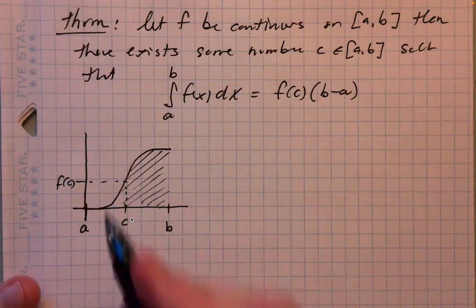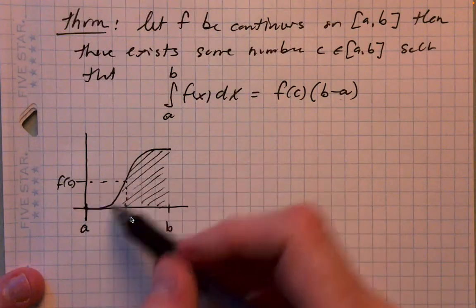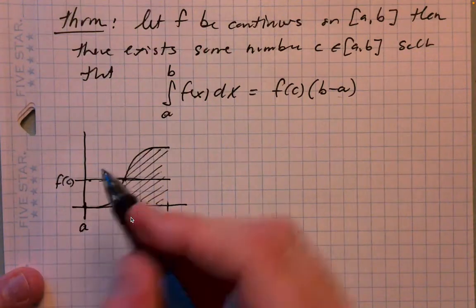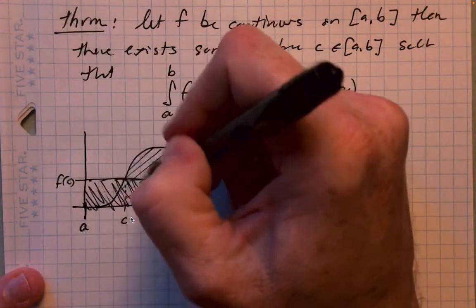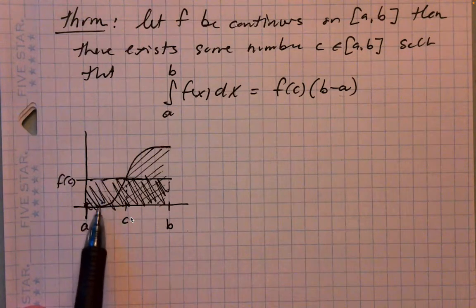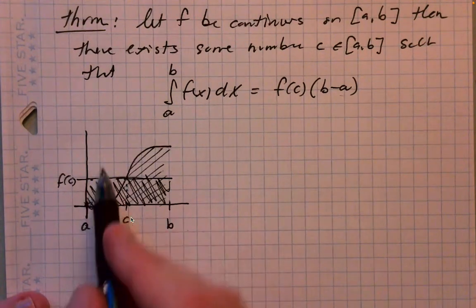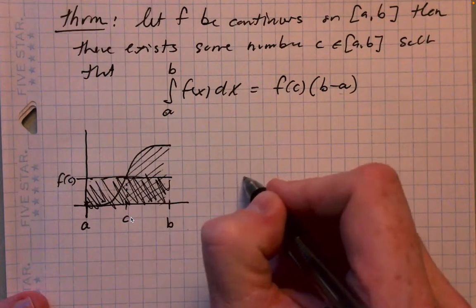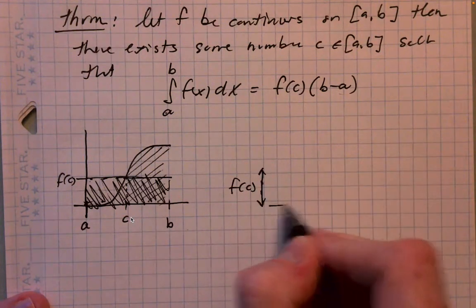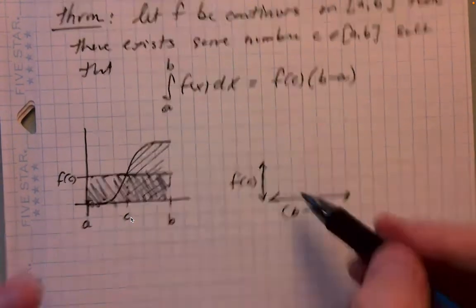Such that the area swept out by f of c times b minus a is equal to the area under the curve, right? And so you can imagine, f of c is kind of like this. There's some area in that rectangle which is going to correspond precisely to the area under the curve over the entire interval. Okay, so the area inside this rectangle